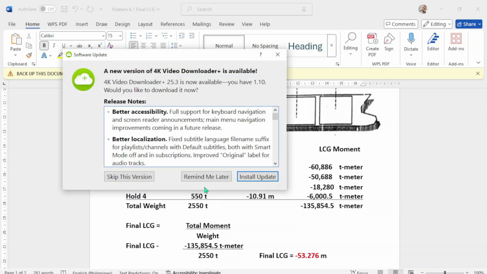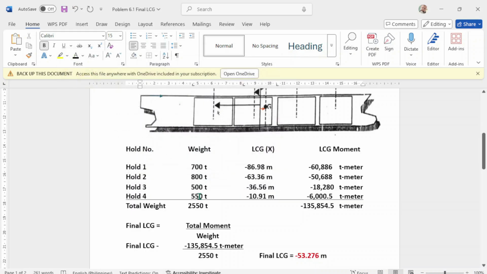Number 2 multiplied by your LCG, that will be your LCG moment, and 500 in number 3 multiplied by LCG, that will be your LCG moment, and number 4, 550 metric tons, multiplied by your LCG, that will be your moment.